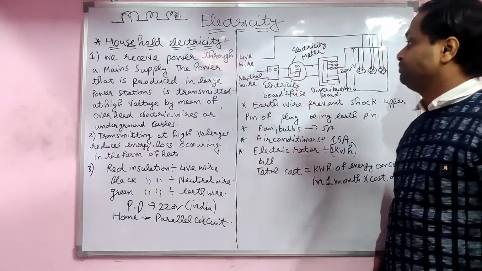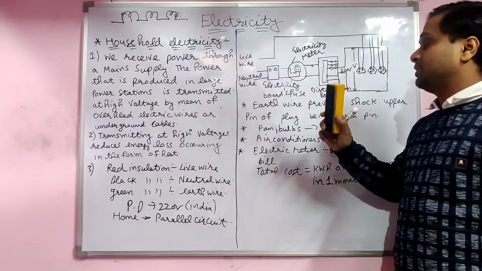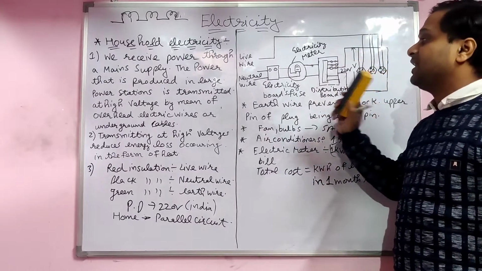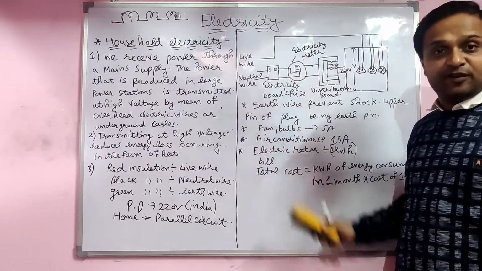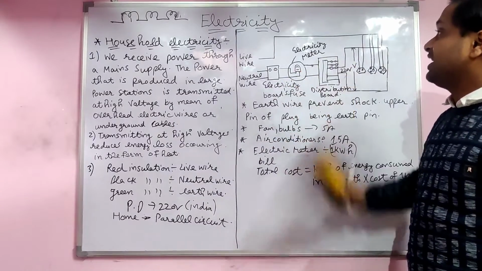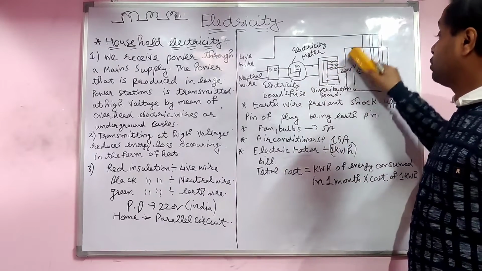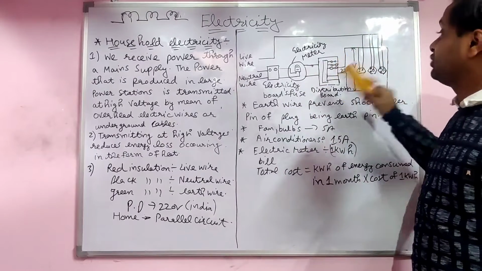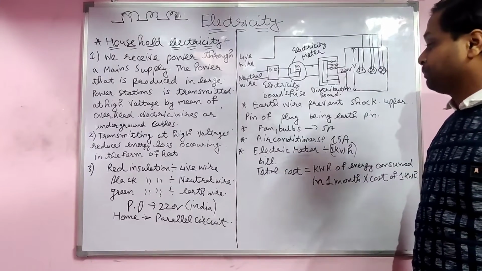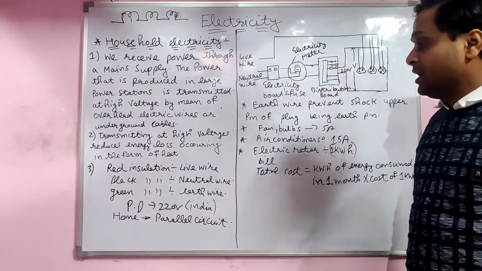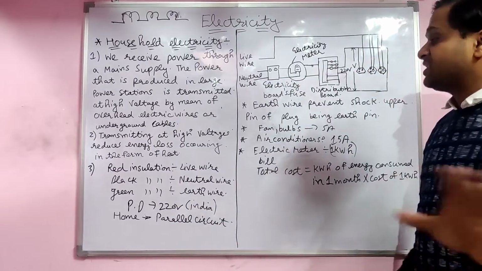See the diagram. Every circuit is connected with the live wire. Every plug, everything is connected with the live wire and neutral wire. This is the electricity board where the main fuse is there. Here is the electric meter which notes the reading, and the distribution board, with every room connected to it in a parallel circuit, parallel pattern only. Potential difference in India is always 220 only. The home has a parallel circuit.